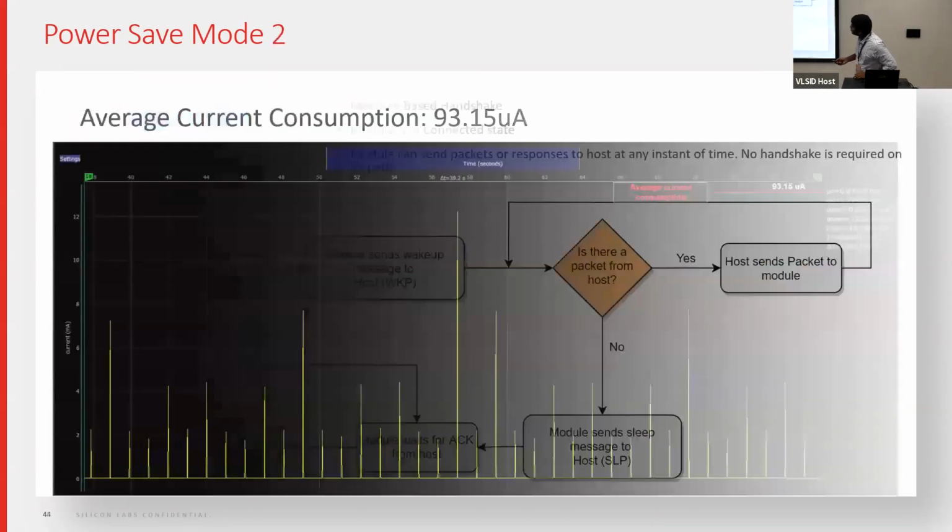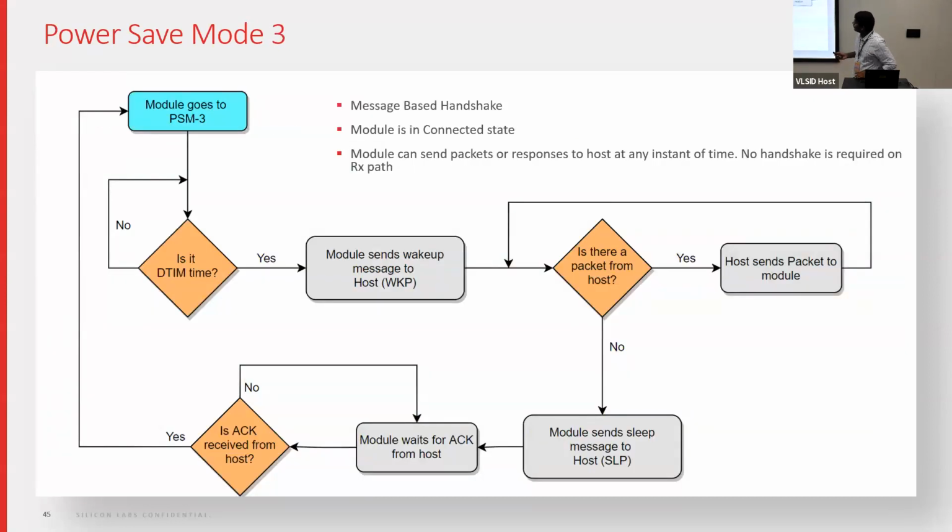So here the message is on which interface? Let's say host and the Wi-Fi chip are talking over SPI interface, or which one? Yes, depending on what communication protocol is being used, it may be SPI, SDIO, USB, like that. On what basis do you decide that you will go with the GPIO mode or message? It's purely based on whether the vendor or the MCU doesn't have any GPIOs, so they can use the message-based